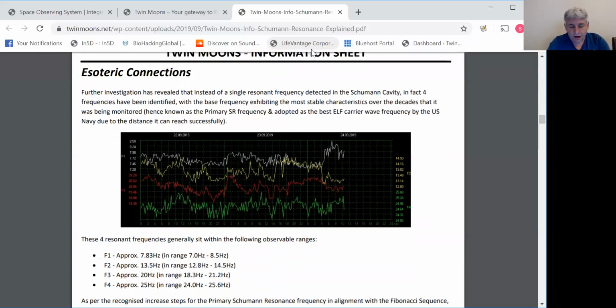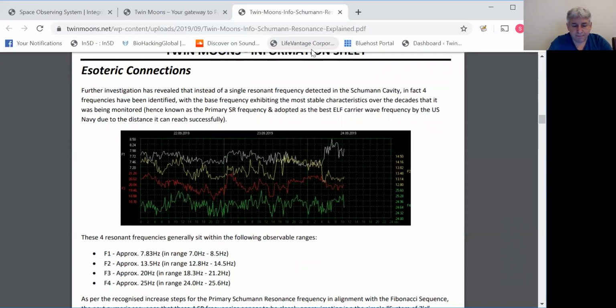These can be identified here on this chart, which is available on the Space Observing System website, which we'll go to in a minute. These four frequencies, numerically F1 to F4, approximate the ranges of: